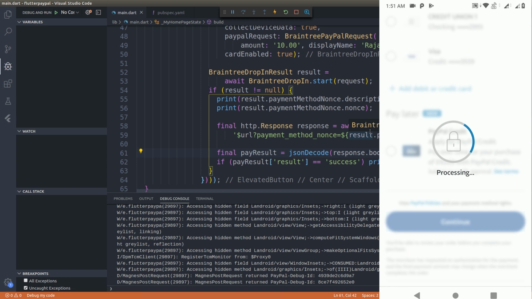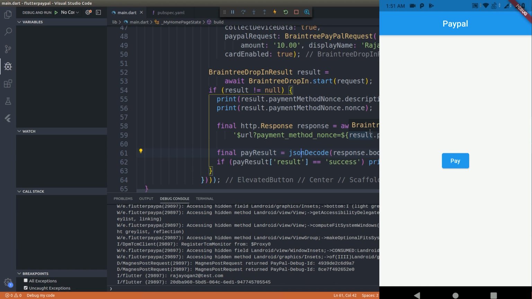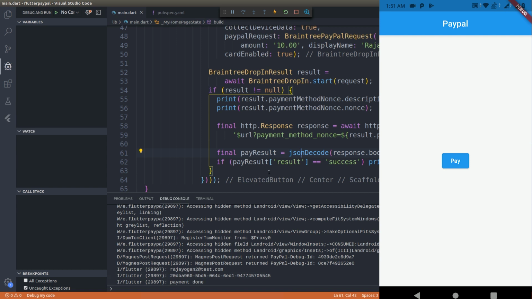Finish this payment smoothly. Click on continue. Fine. Now we get raju12@test.com, payment done, which means that our URL was successfully invoked and it returned this result